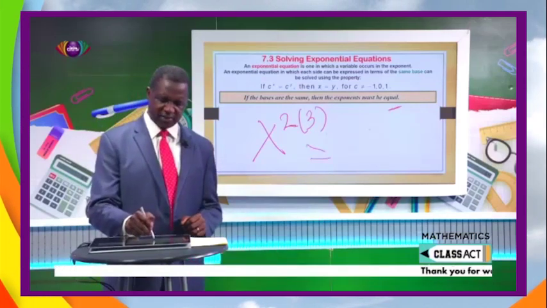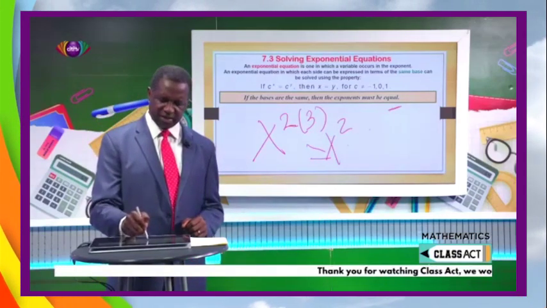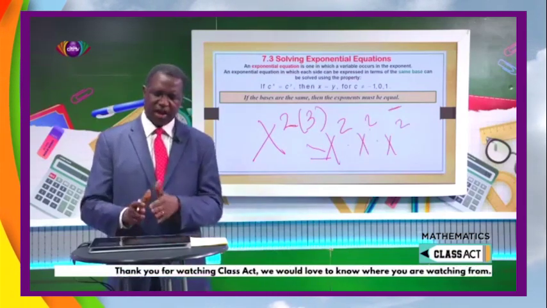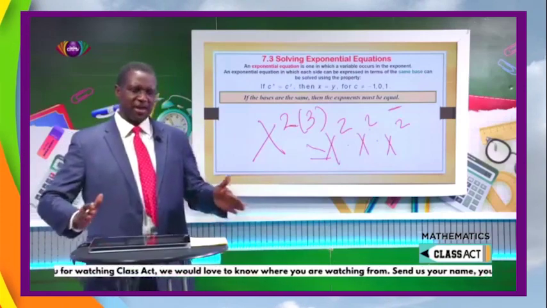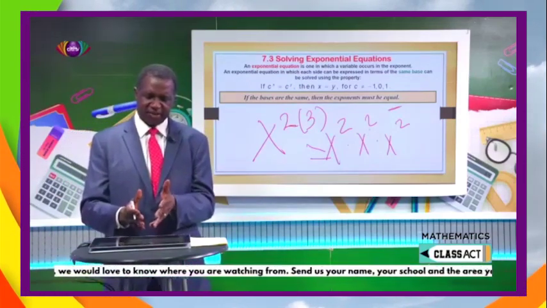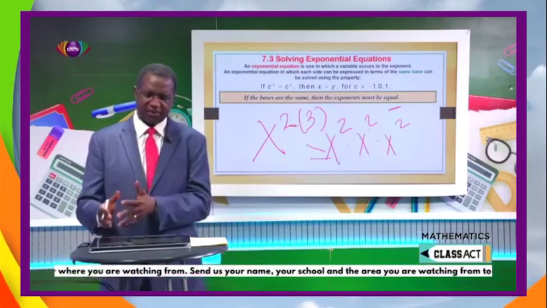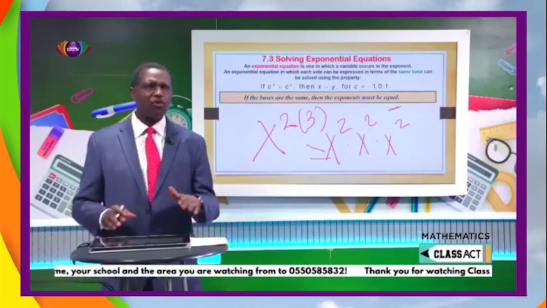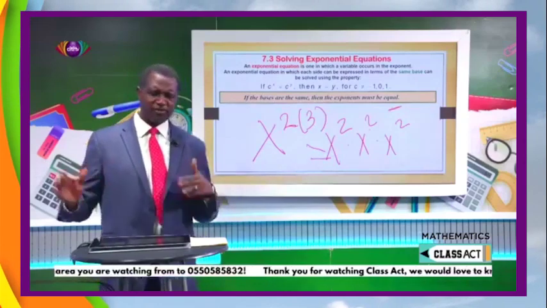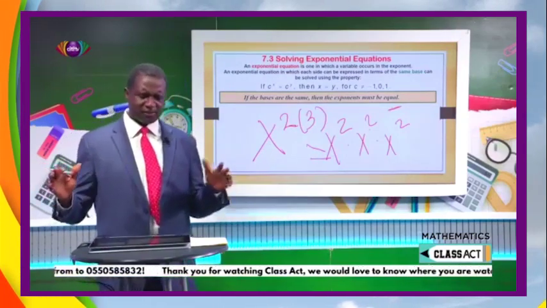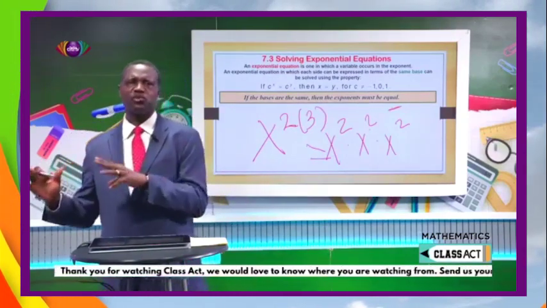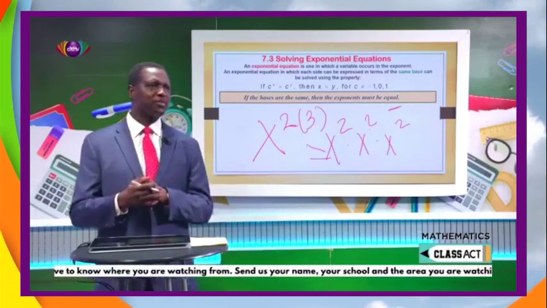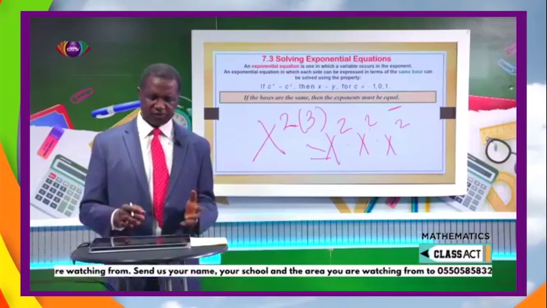It's going to be x to the power of 2 times x to the power of 2 times x to the power of 2. If I break this down further, it's going to be x times x times x times x times x times x. How many x's do I have? I have 6 of them. So instead of going through all this process and wasting my time, mathematics sometimes helps you get some shortcuts. In this case, all I need to do is multiply 2 by 3, and I get x to the power of 6.